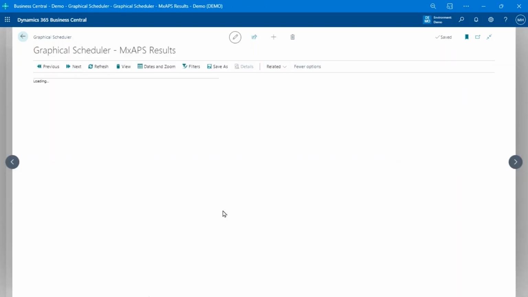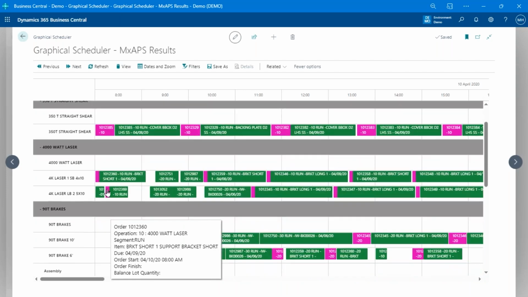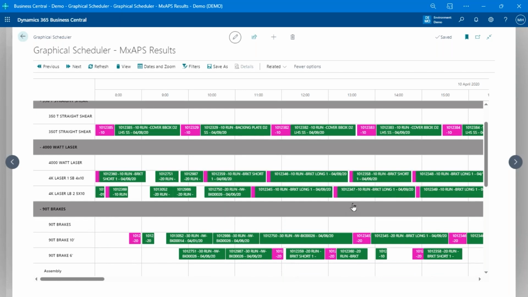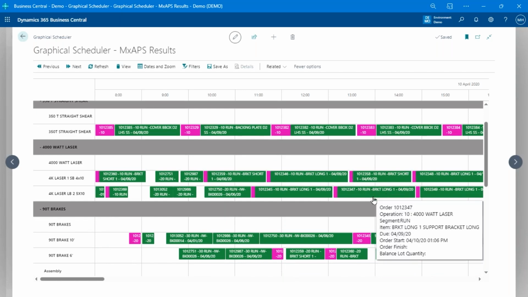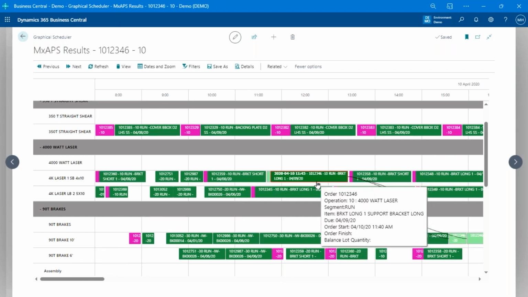So I'm going to open up the graphical scheduler, but now it's showing me the results from that automated production schedule. You can see now on that laser cutter, where it used to be all on the work center on Friday afternoon, it's actually come in here and chosen a machine to run that on. And it's done its best to level load that work on those machines so that we're being as efficient as possible with that equipment, right? And you can see here, I've got these short brackets, and the short brackets can run either on this machine or this machine here.